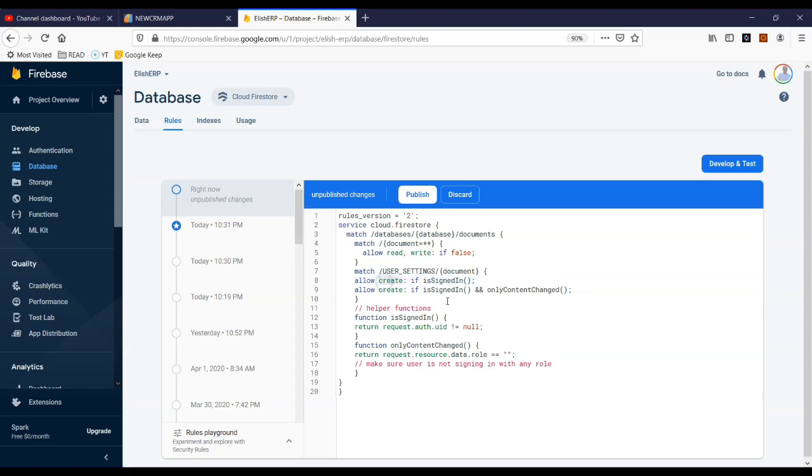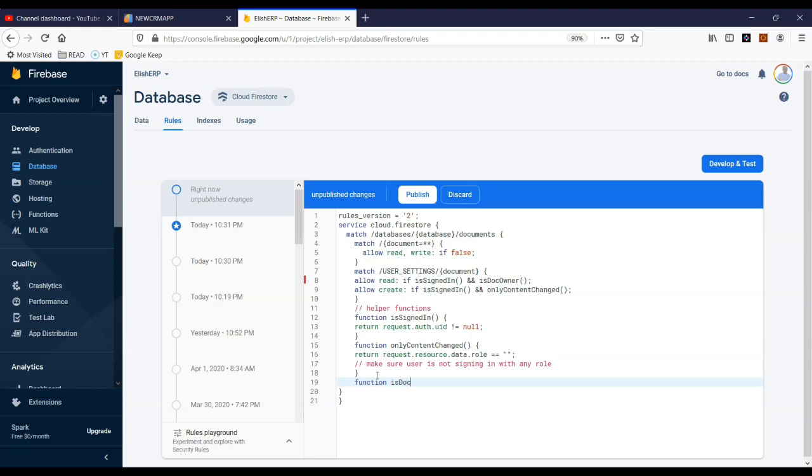Now, what is doc owner? You don't want one user to read another person's document, right? So this is the reason I'm going to create one more function here called is doc owner. That means the user will see only their ID, only their document. Now let's go create this function is doc owner, and inside this function, very simply,